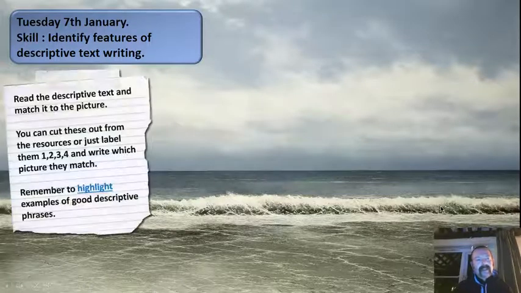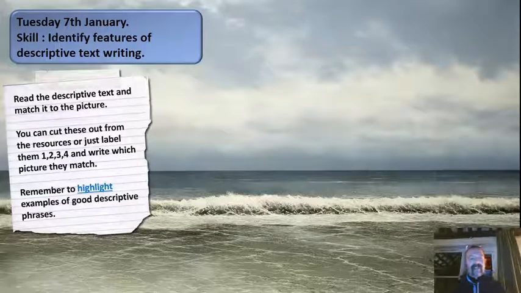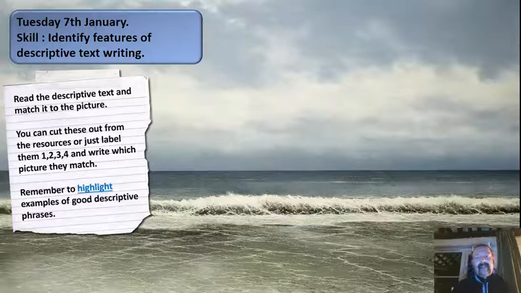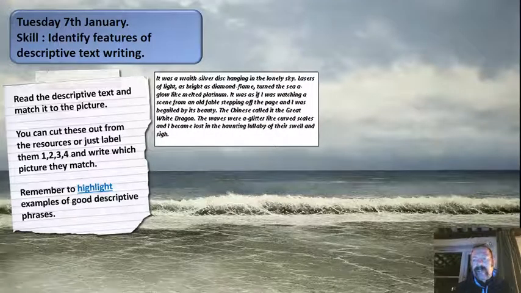So again, we've mentioned briefly what we're going to do, but now I'm going to show you. What you are going to have in your resources, hopefully you've already printed them out, or you could just have a look at them.